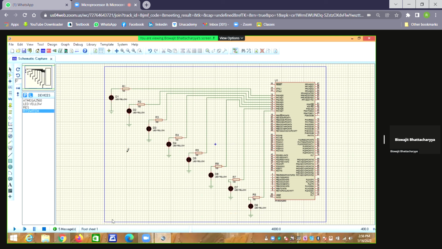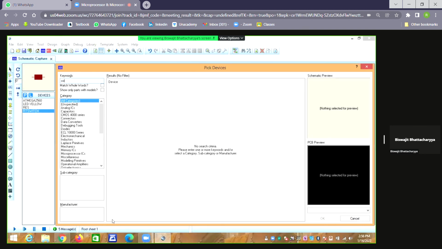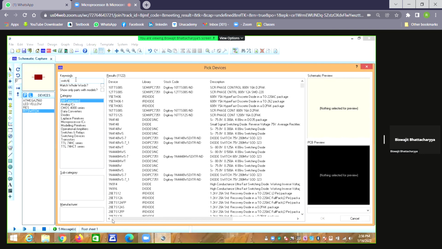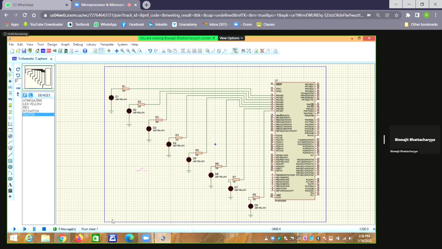So different other switches you can search. There are other types of switches I can show you. I type switch. So this switch, if you close it, by default some other switch will be there. So this is a switch coming. You can connect it there. Many other types. Again, I can just show some more things.